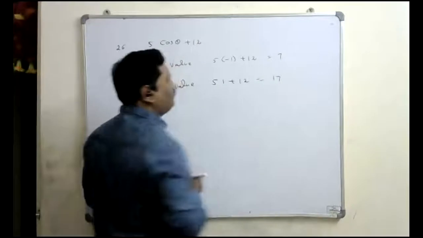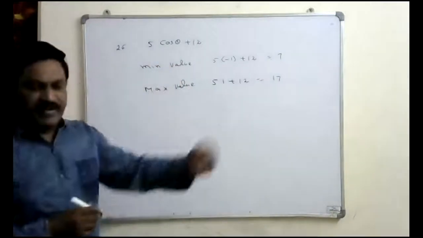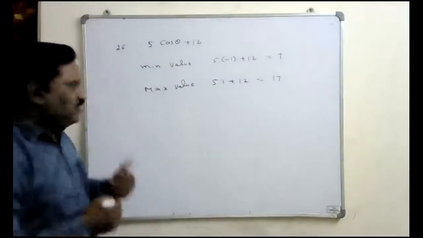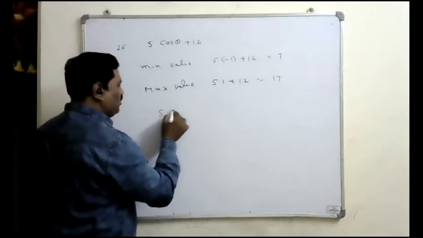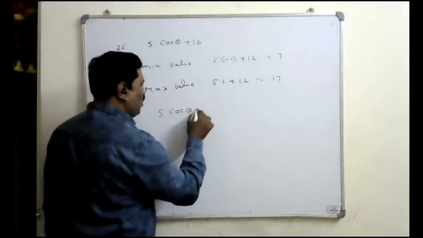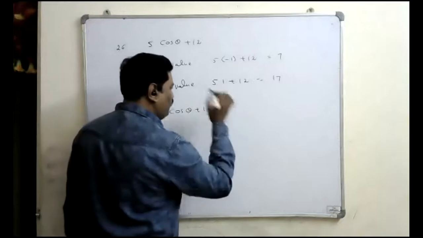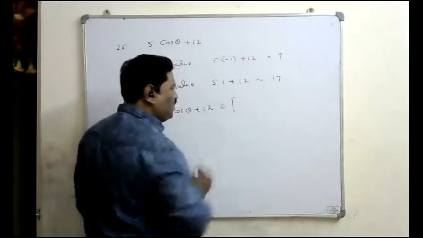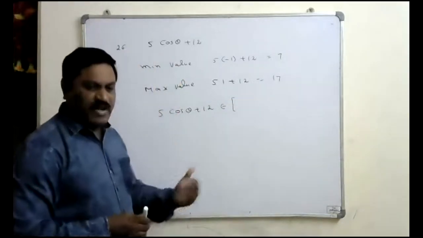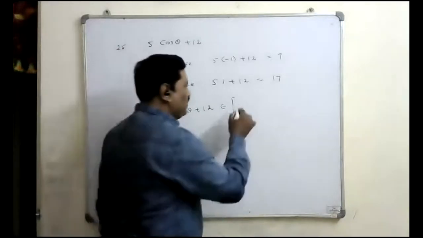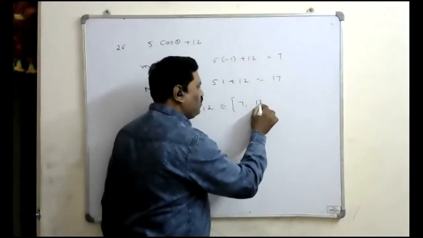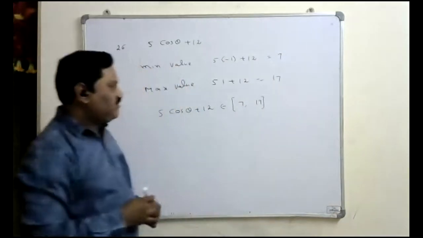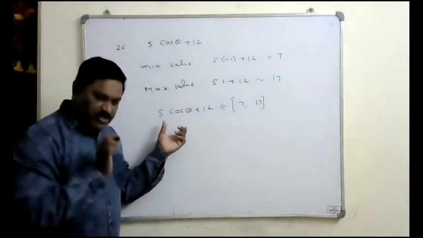So if you substitute the maximum value of cos theta, then this total value becomes maximum, that is 17. Therefore, the maximum value is 17 and the minimum value is 7. If you want to write the range of this function 5 cos theta plus 12, we have to take the closed bracket: first the minimum value, then the maximum value, that is 7, 17 closed bracket. 5 cos theta plus 12 gives the value in